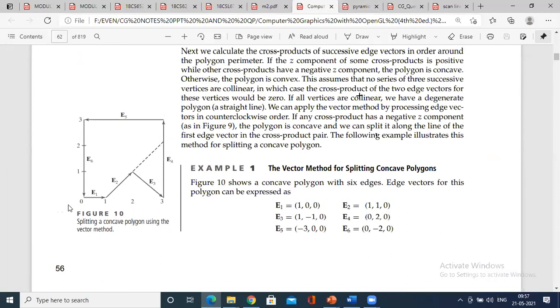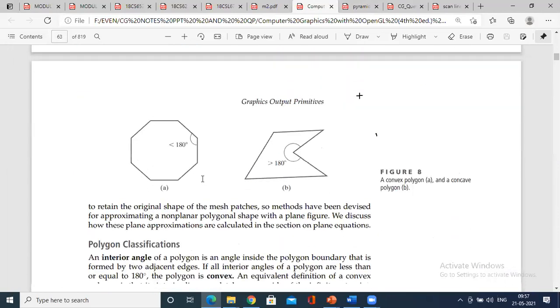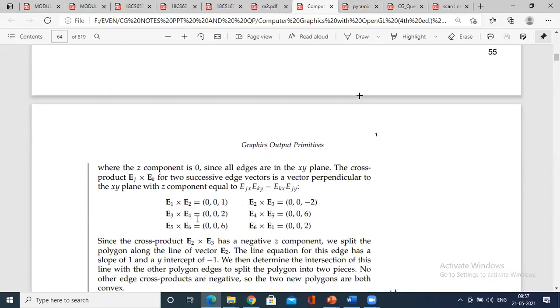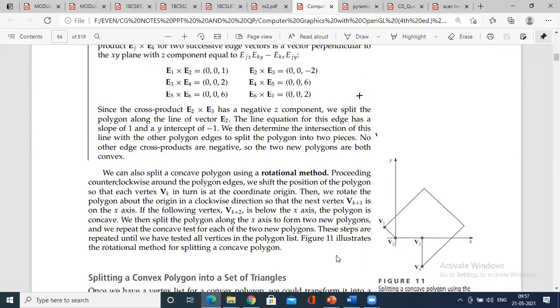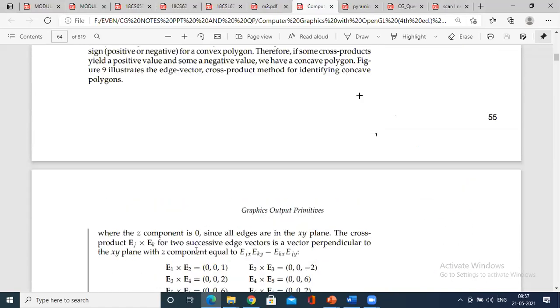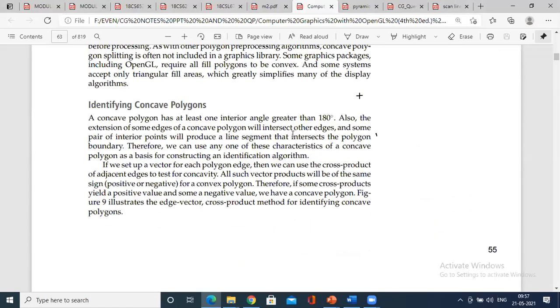So you need to identify whether it is concave or convex. So how do you identify? I have told you, you have to calculate the cross product of this. So how do you calculate the cross product? I've shown you the column matrix, multiplying it, if any one of the vertices gives a negative value, we say that it is a concave polygon. We have to split along this. So in the z-axis, if any one of this falls, E2 cross E3 is negative. Hence, we conclude that it is concave and we have to split along E2 cross E3 in order to eliminate the concavity of the polygon. So this is also an important question. So how do you split a polygon? Only this is an important method, calculating the cross product of it.